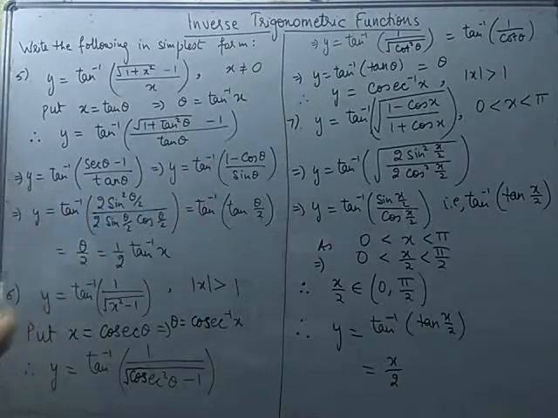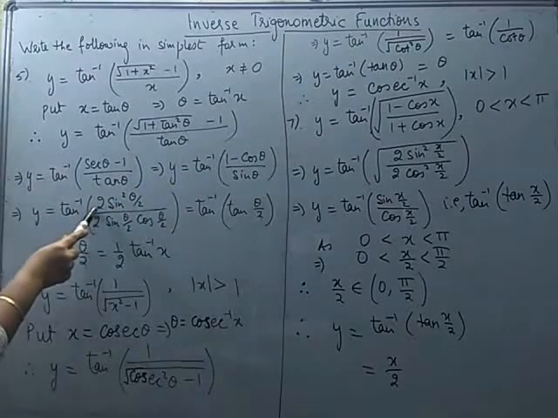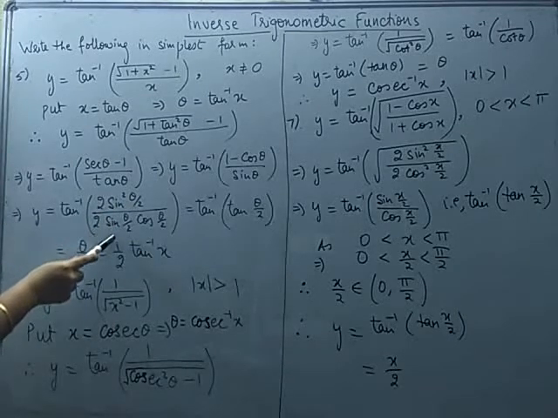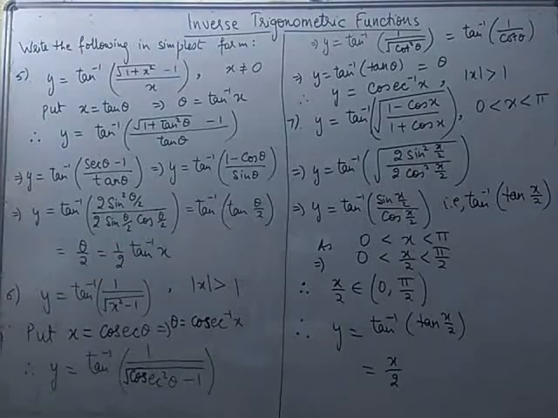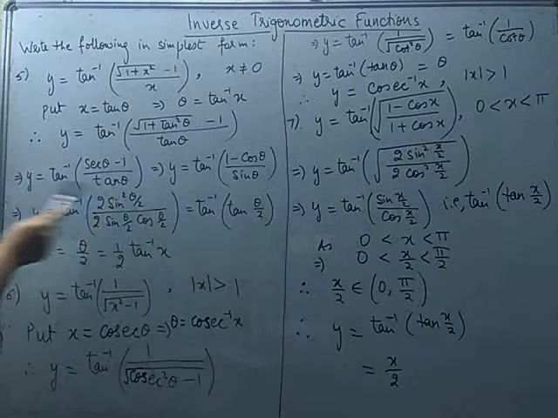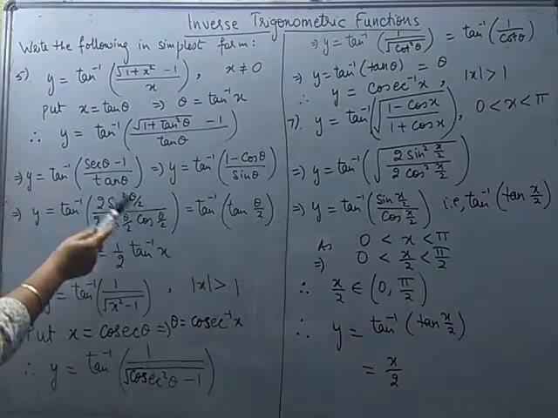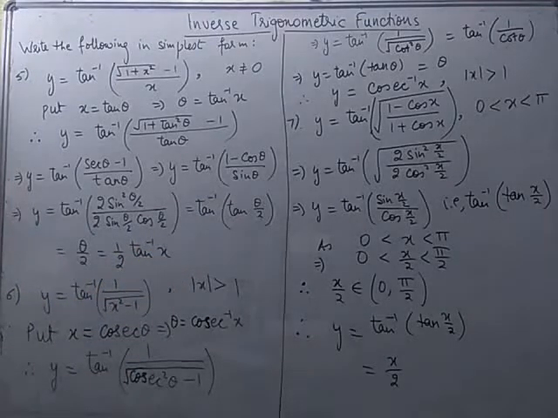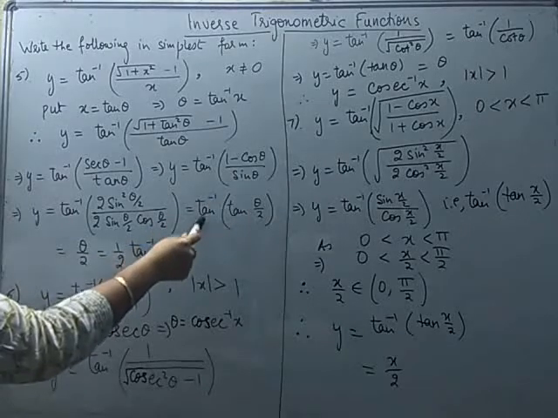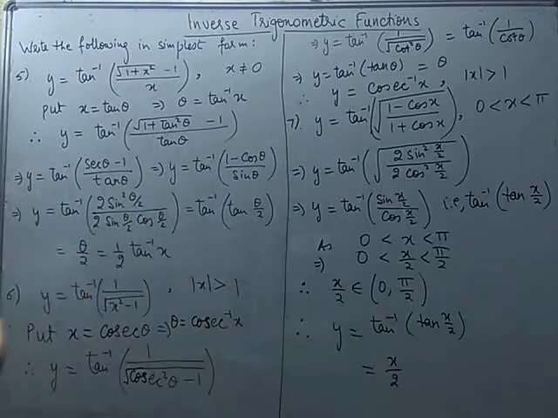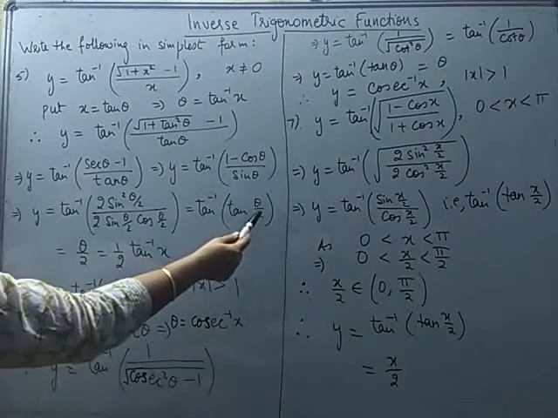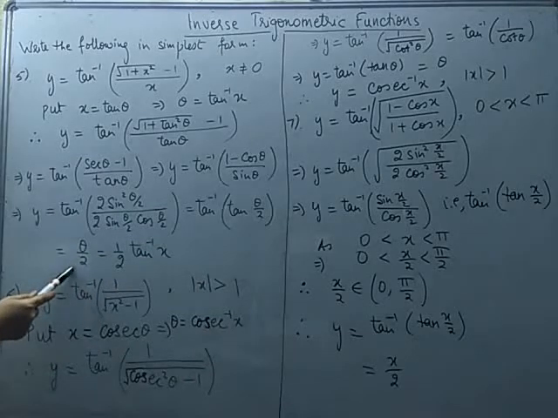Again, you are recalling the half angle formula which you have learnt in class 11th. You will see 1 minus cos theta can be replaced by 2 sine square theta by 2. Sine theta can be replaced by 2 sine theta by 2 cos theta by 2. So 2 and 2 get cancelled out, even one of the sine theta by 2. We are left with sine theta by 2 over cos theta by 2, which can be written as tan theta by 2. So it is of the form tan inverse tan x. If you see the properties, tan inverse tan x can be written as x. So this is tan inverse tan theta by 2, which can be written as theta by 2.